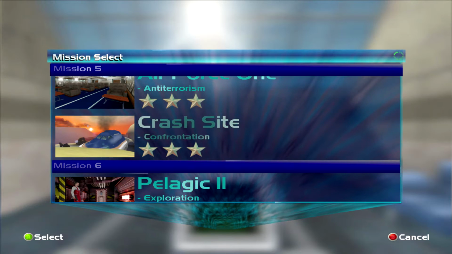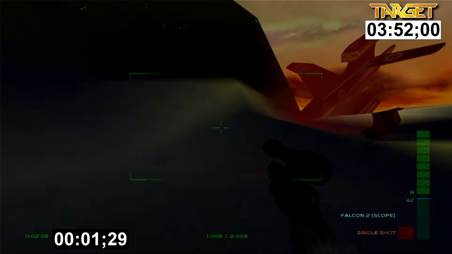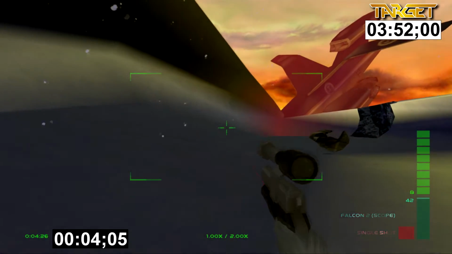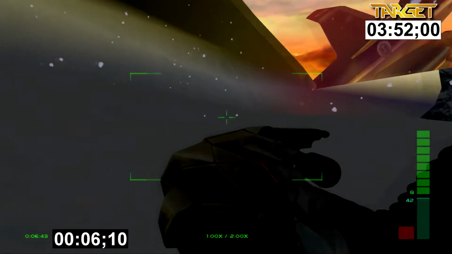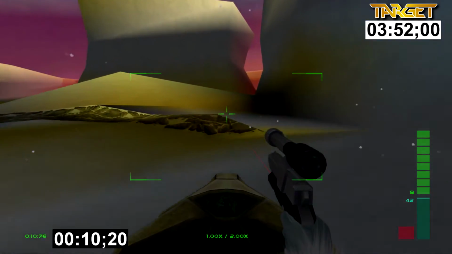This is a guide on how to speedrun Crash Site on Perfect Agent. The time I set is 3 minutes 52 seconds. The first thing you might notice whenever playing this game is that there is no hover bike here for you, and I'll show you how to unlock that or how to get that in your level after this playthrough is